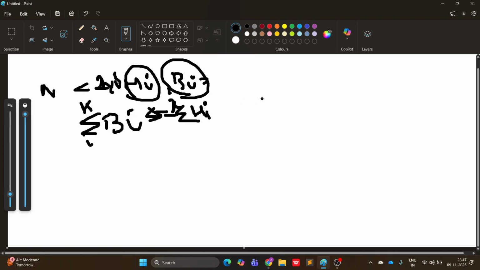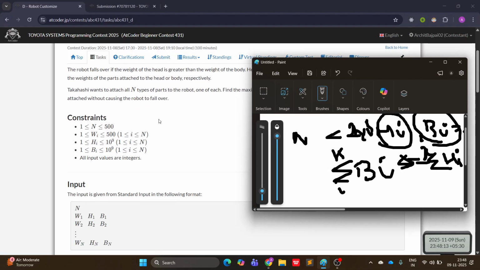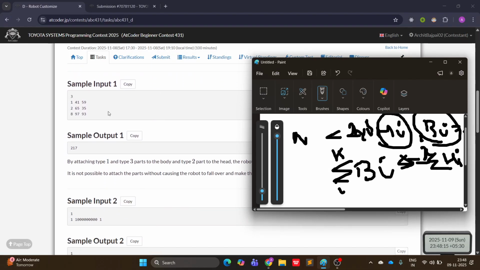So basically what he is trying to say is, let's say you have been given, you need to make a robot in which you have to choose if you want to choose this as a head or a body. Okay, so now